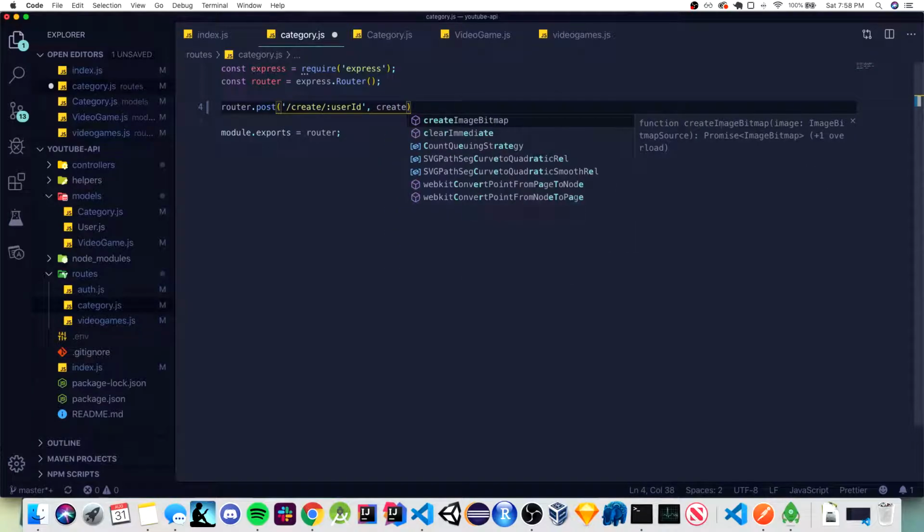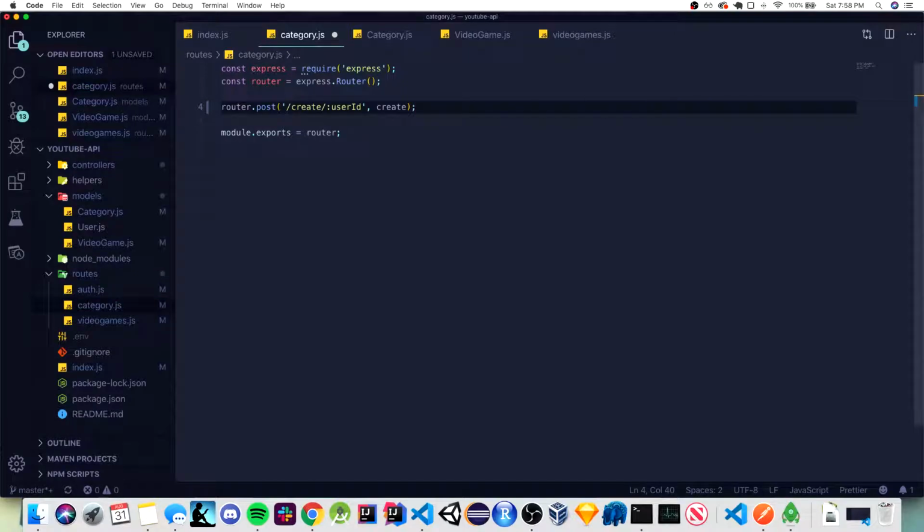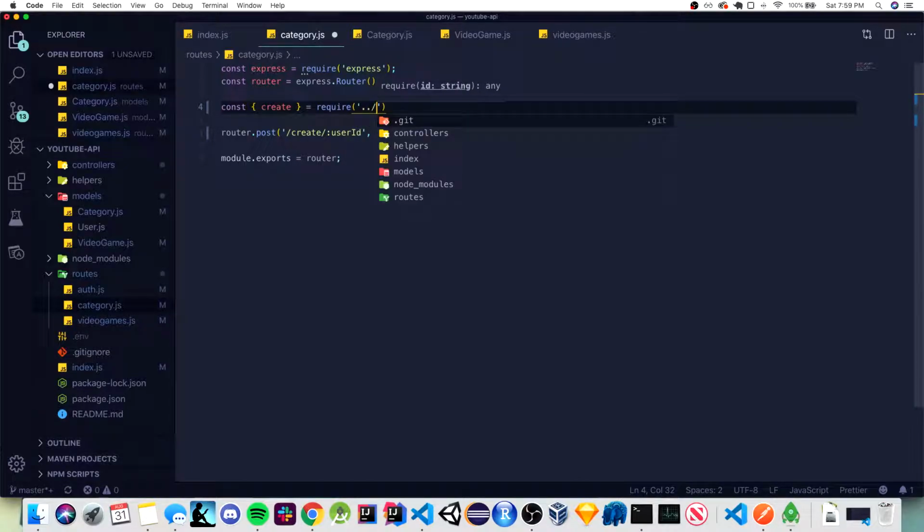This method is going to be the create method coming from the category controller. So require controllers category controller, and I'm not going to save it yet because we're going to have an error because this